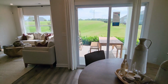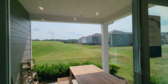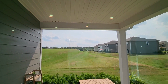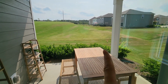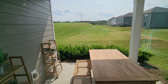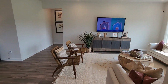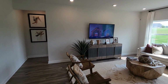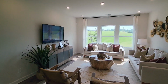The nice thing about this particular layout, in my opinion, is because it comes with the pre-built awning. Now, that light in the center there is pre-wired for a fan, so you can do whatever you want there, and the property line still goes all the way out to that stake and over, so you still have a nice property line. They did put bushes there, but that's just because it's the model. So as we come around here, you've got your living room. Once again, that center light right there, pre-wired for a fan,